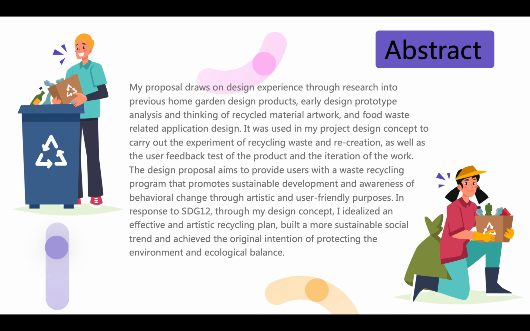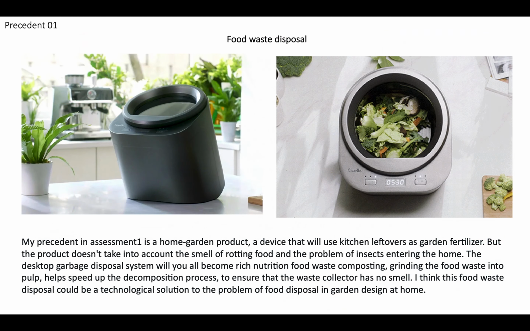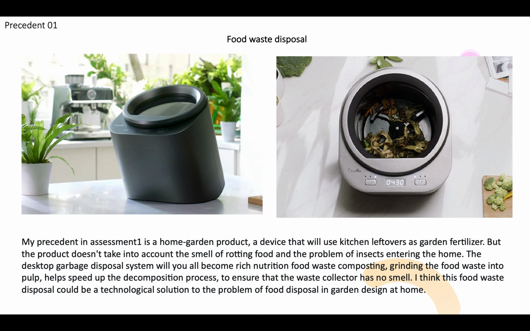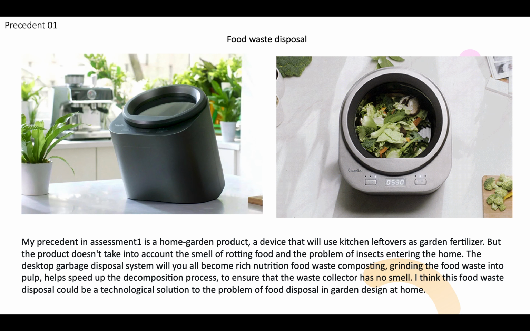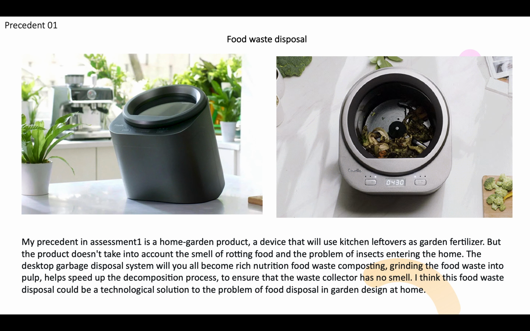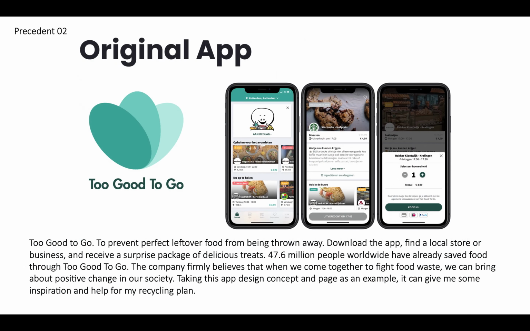Represented in Assessment 1 is a home garden product, a device that we use for catching leftovers as garden fertilizer. The under-sink garbage disposal system turns food waste into rich nutrition, and composting helps speed up the decomposition process. Good to Go is an application designed to prevent perfectly good leftover food from being thrown away. The company believes that when we come together to fight food waste, we can bring about positive change in